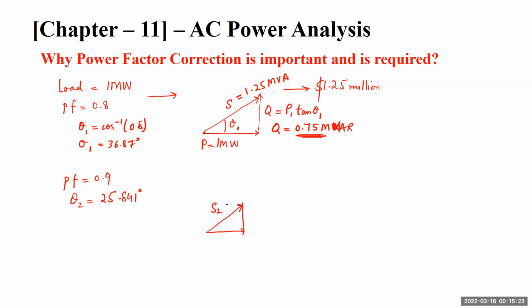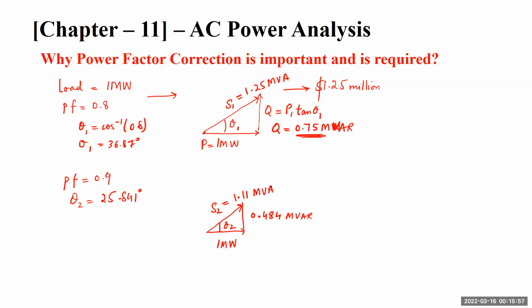So S2, find out the size of generator that is required if we have something like this. So this is my theta 2. In that case, what we have is that tangent of theta 2, we have this power as 0.484 megavolt ampere reactive, and the size of my generator that is required over here is 1.11